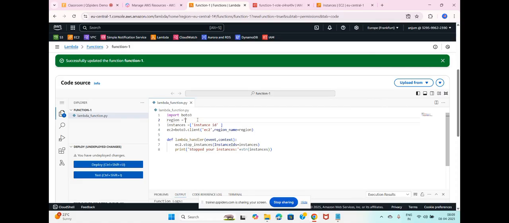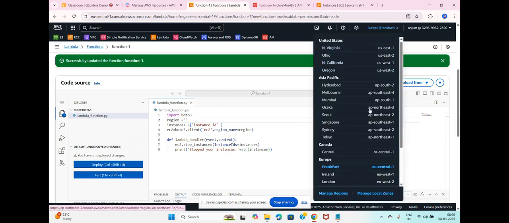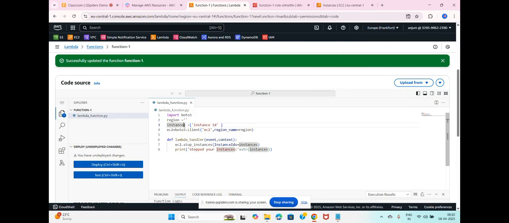Now here, beside this region, you have to use the region which you are using. So now I'm using this region, right? I'll copy this and paste the region here, and then it will ask for the instance ID.